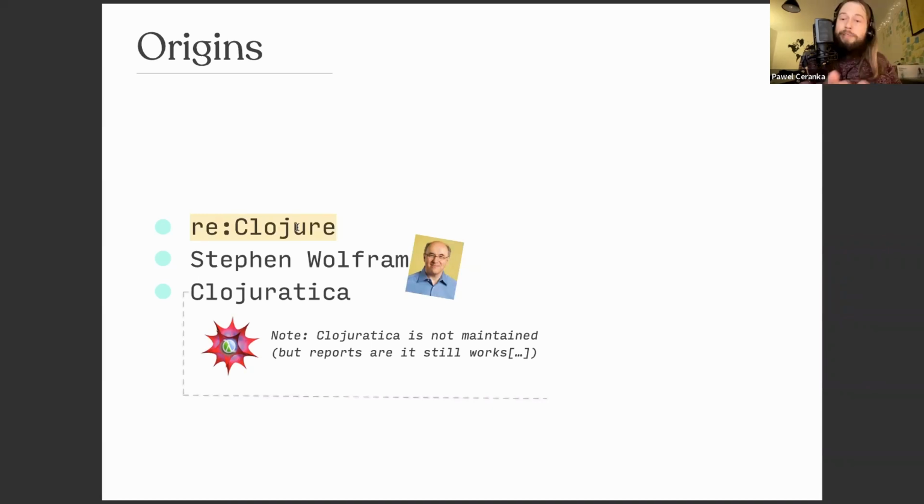So this year, thanks to the Clojure community and Daniel, we were able to organize all the workshops. And one additional thing that came out was because Stephen Wolfram was one of our keynote speakers, we revisited this idea of connecting to the stuff that he's been building for the last 35 years.